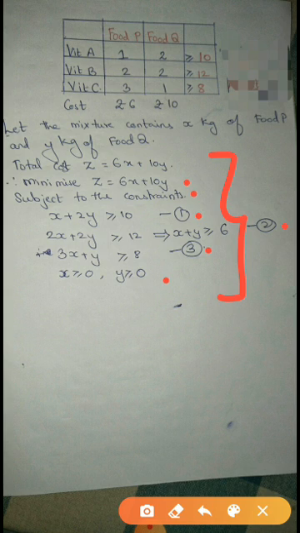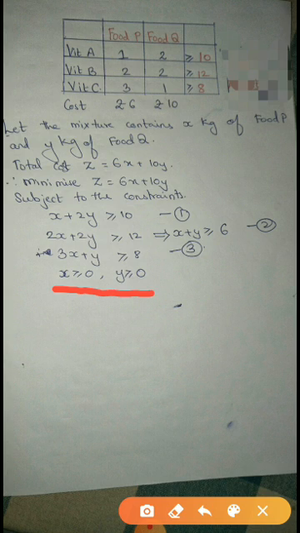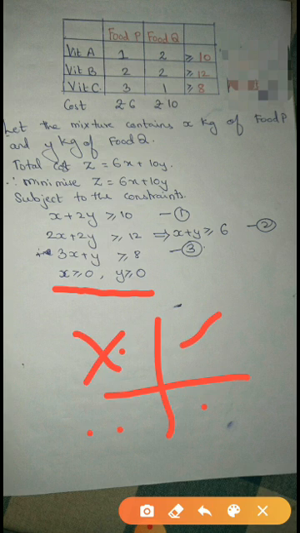Now for 4 marks we have to solve this graphically. Next step is to solve it graphically. So first we'll see x greater than or equal to 0, y greater than or equal to 0. That means in which quadrant will my feasible region be? Yes, correct. It will be only in the first quadrant. The rest I won't have, because both are greater than or equal to 0. That means it is only in the first quadrant. Clear?